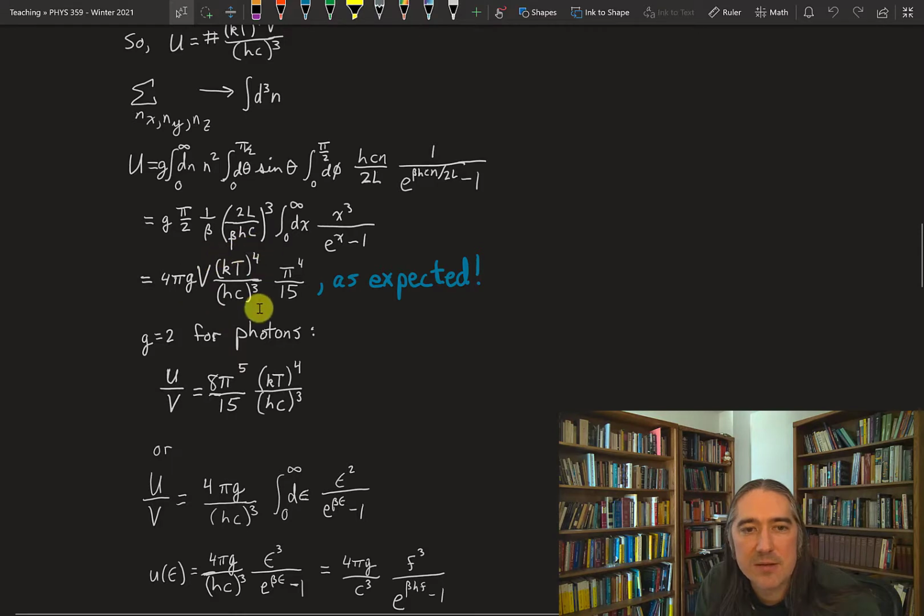So this has the form I expected. I've got 4 pi times g, and I've got the value of this integral, but this has exactly the functional form I expected. Okay, so in some sense, I say, great, this worked. Now this happens to be a pretty funny prefactor to get, and this as expected is referring to the functional form, not to the fact that this integral turns out to be pi to the 4th over 15. That's probably surprising, kind of like pi squared over 6 from the last lecture.